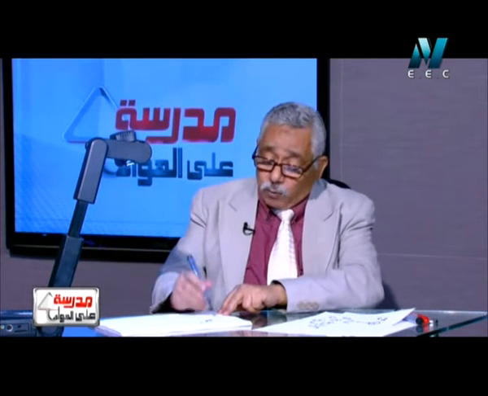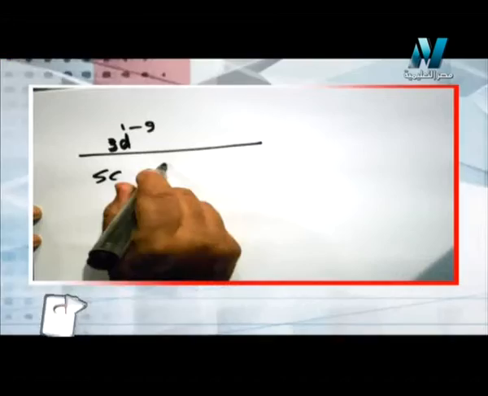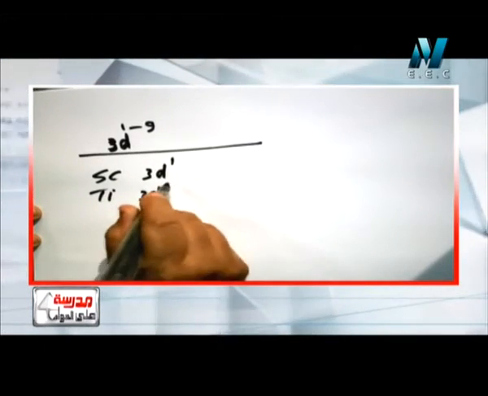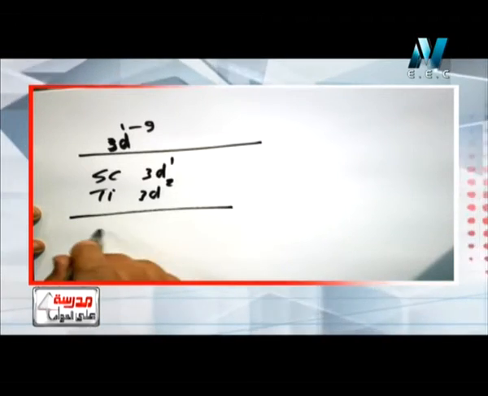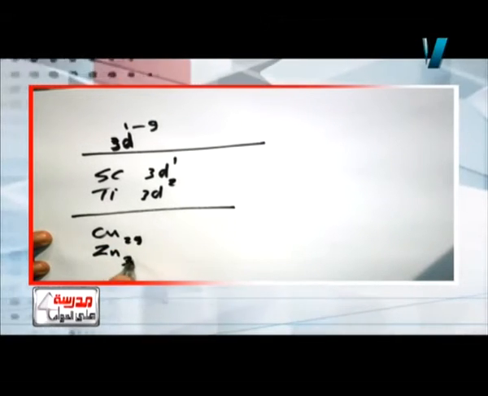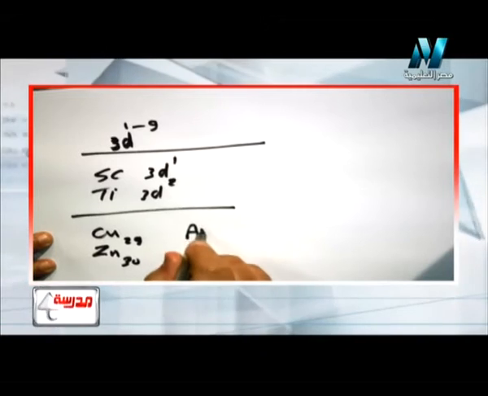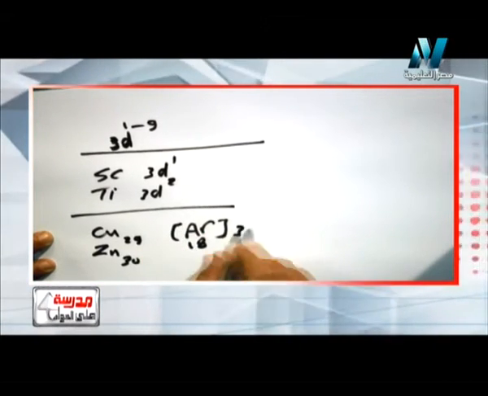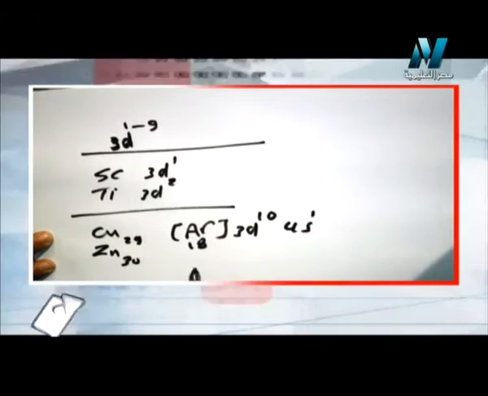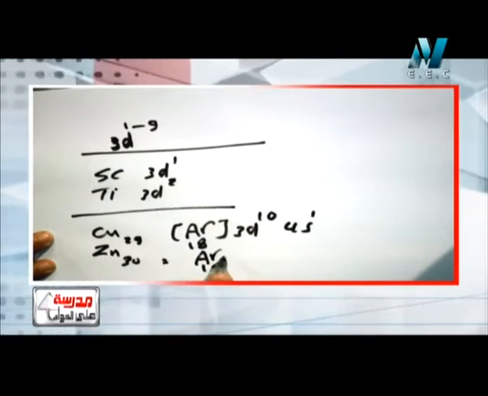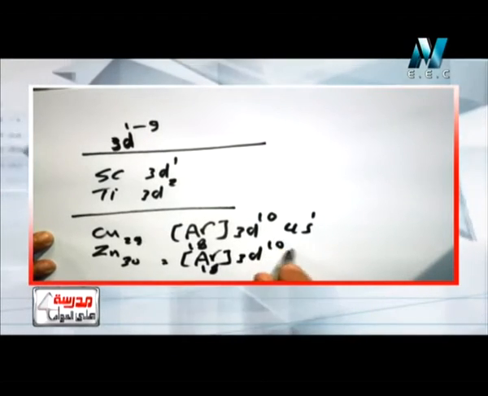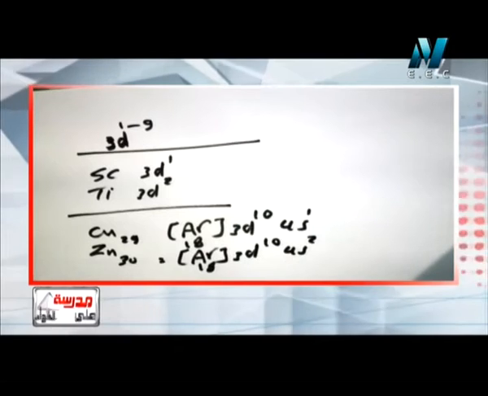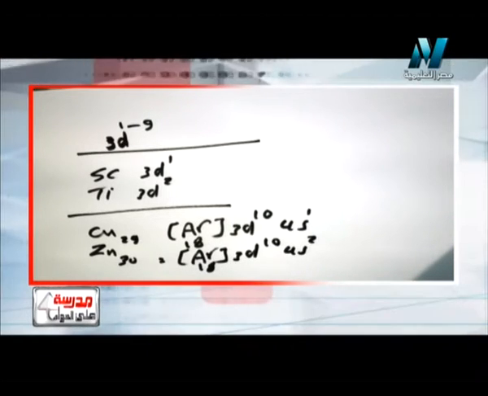I said that when the electron successfully fills 3d, it will be a transition element. Scandium 3d1, titanium 3d2, until copper and zinc. Let me stop here to explain copper and zinc. Copper will be argon 18, 3d10 4s1, and zinc argon 18, 3d10 4s2. I said that the element will be a transition element when sublevel D is not completely filled in